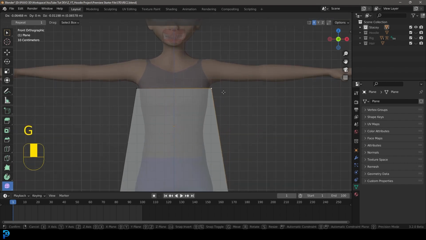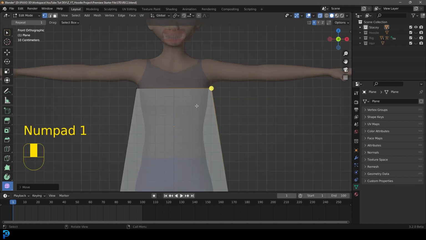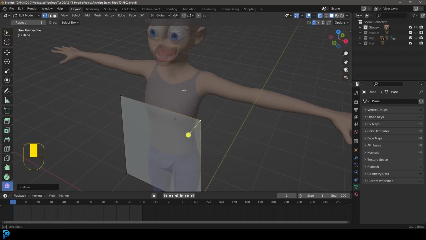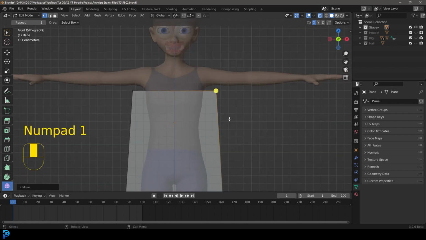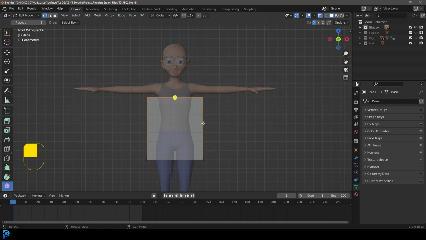We don't want this to be too close to the body because it has to have some space to wrap around. So giving it a few inches, so to speak, because if this was a real person, you'd need a few inches here. So let's take it about out to here. Then select all of this and go E to extrude, Z to bring it up on Z, and then